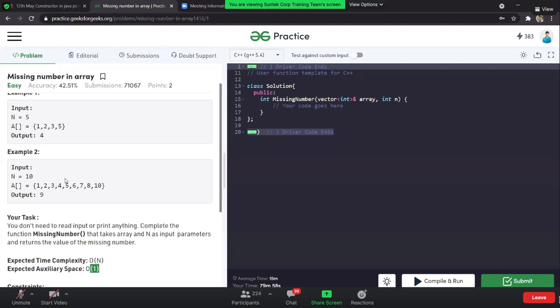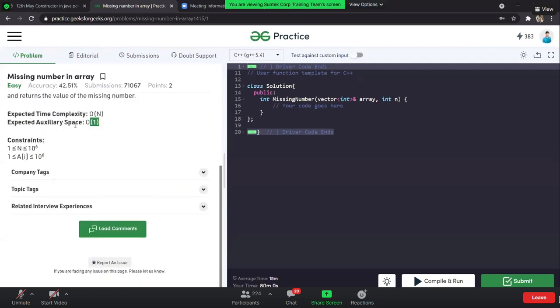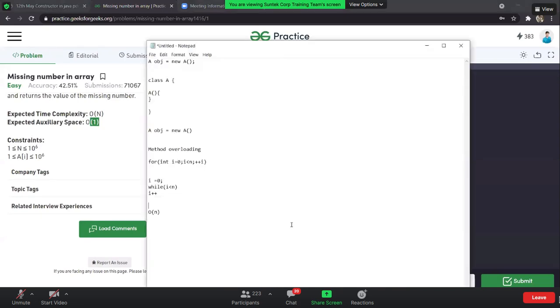Can we use count plus plus? Of course, you can use count plus plus, because the count variable is only going to take constant complexity. The count is a static variable or a constant that you are going to create. If you are defining count equals 0, that's taking auxiliary space, a constant space, so you can do that. But if you are doing count plus plus inside a for loop, then it takes a time complexity of big O of n with a constant space complexity. Is that clear?